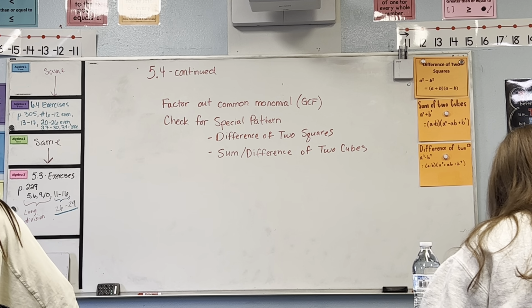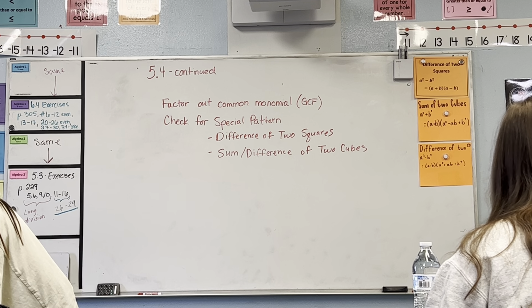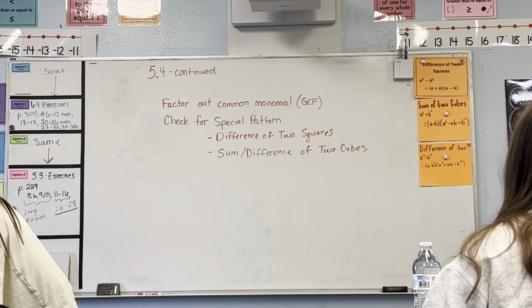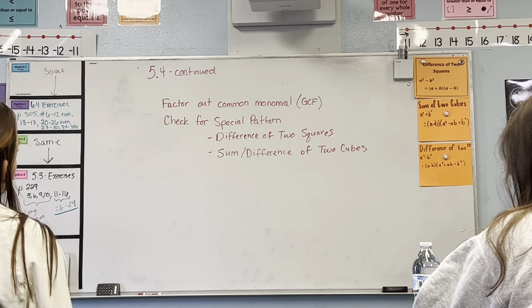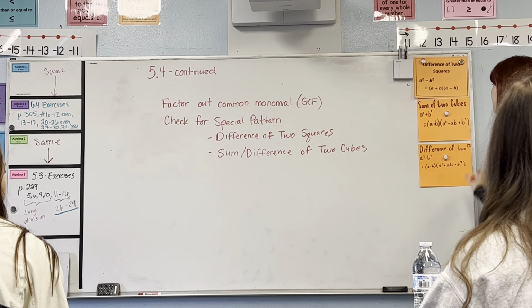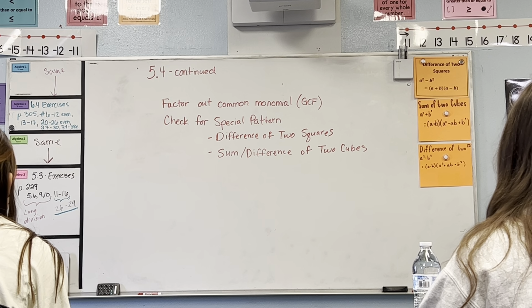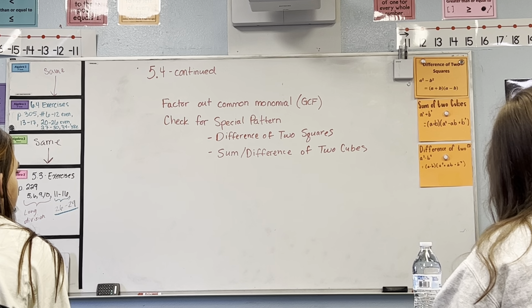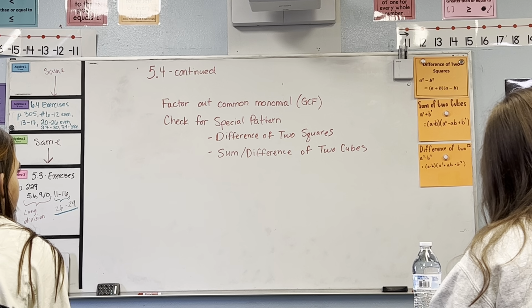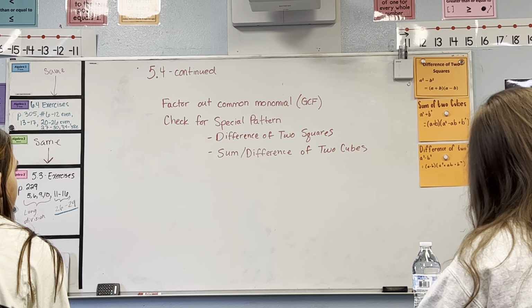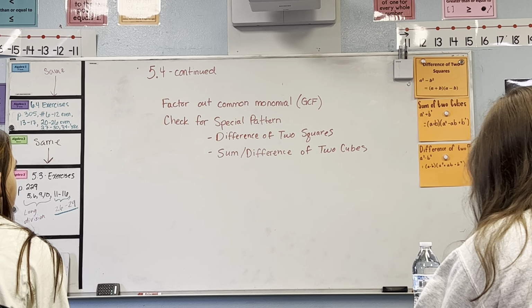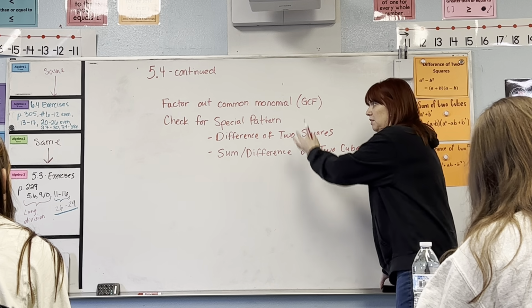Okay, so let's say difference of 2 cubes. It's tucked in, but it looks like a cube. All right, difference of 2 cubes, sum of 2 cubes, difference of 2 squares. Those are all special. We've got so many different kinds of factoring. The next one we're gonna look for is